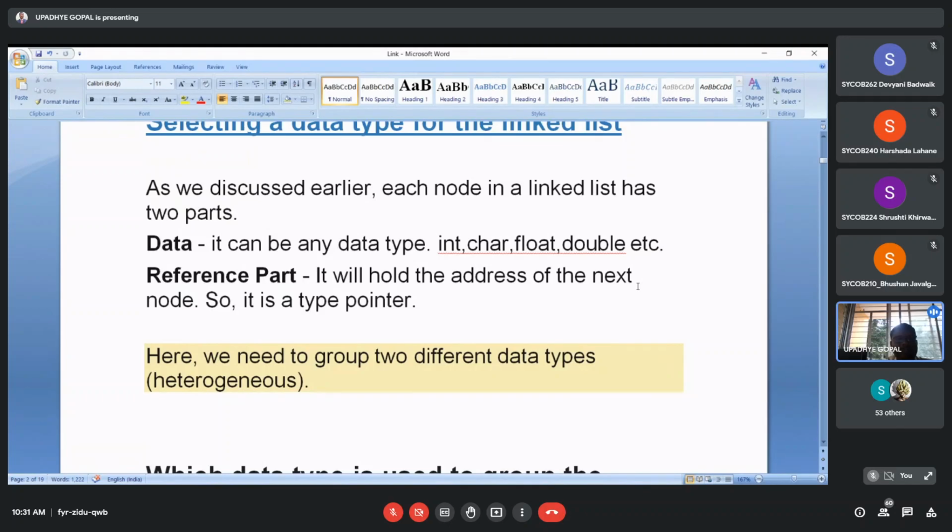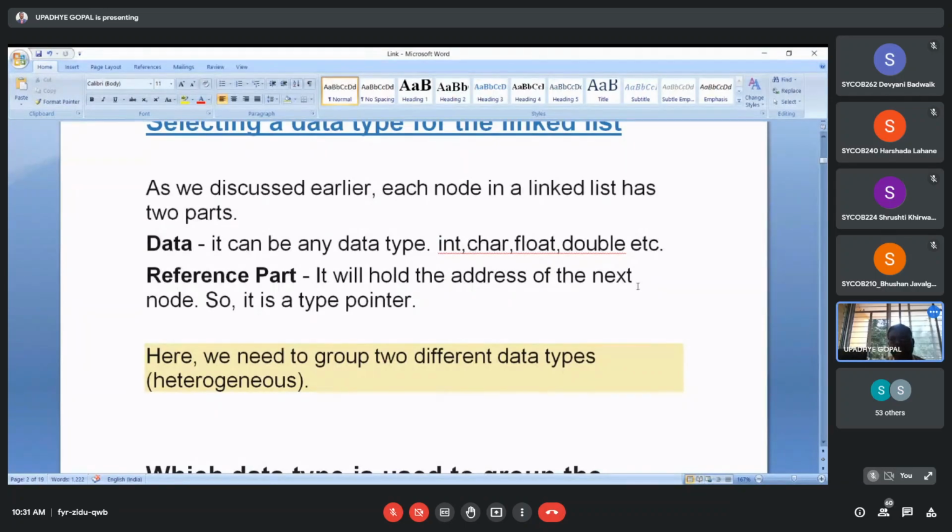So basically the node is a collection of some data type along with other data; pointer is a different data type, integer is a different data type, character is a different data type. So this is a combination of two different data types altogether.